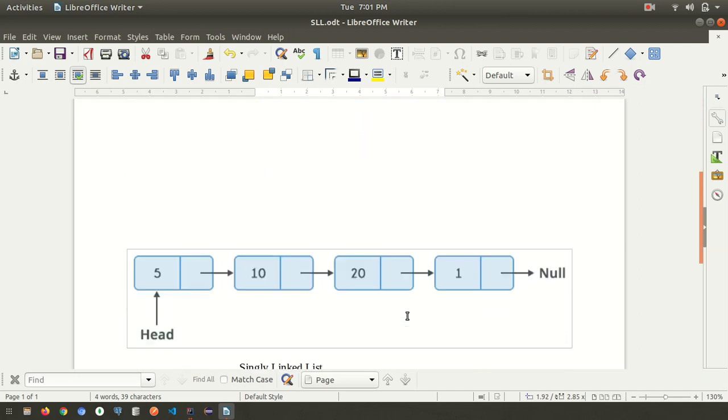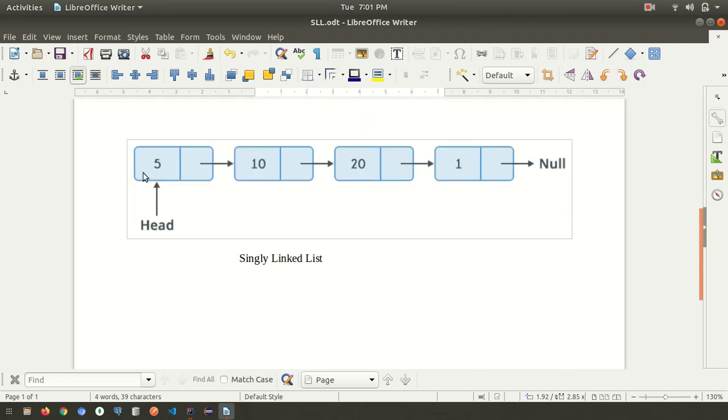In the graphical representation you will see here, the first time we have stored 5. This is the first node, this is the data part, and this is the reference part. Similarly, the second time, the head will point to the first element only.